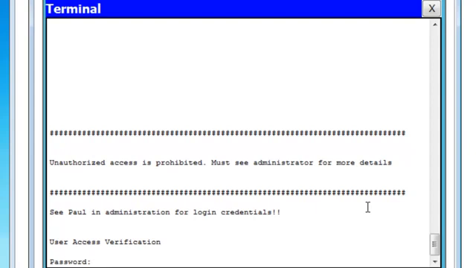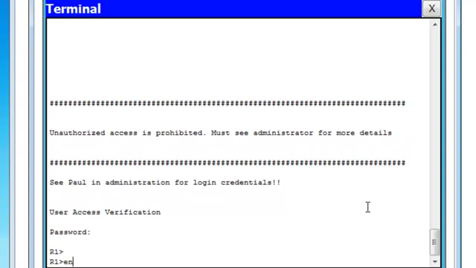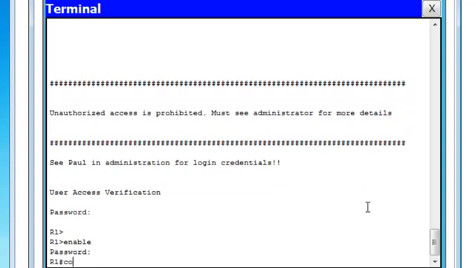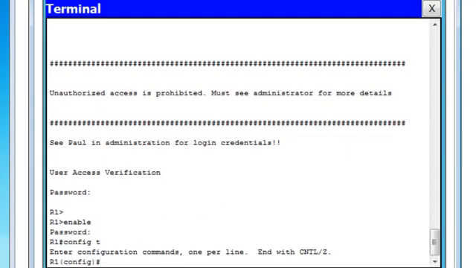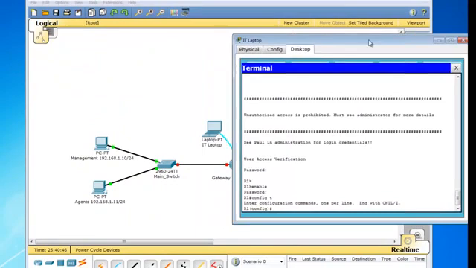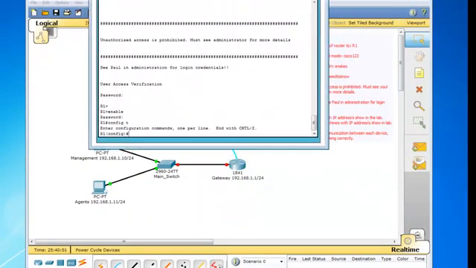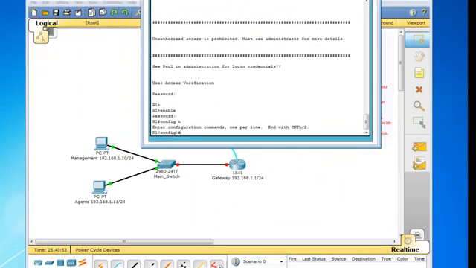Alright, so we want to hit enter, and then enable, Cisco123, config t, because now I think our next step is to set up the gateway with the IP address. Alright, so let's move our file over and get a shot here of our network. Alright, so our gateway needs to be